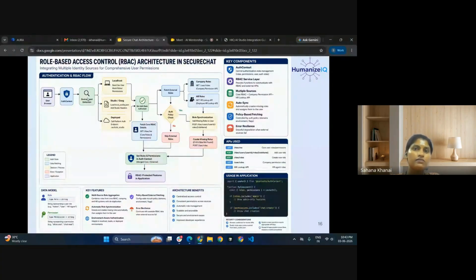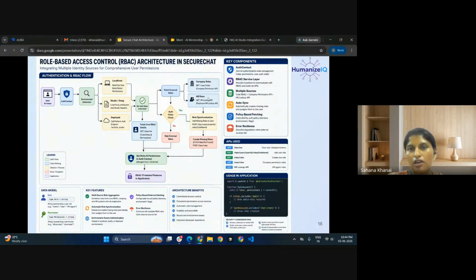With those API endpoints, we need to update our user management database also, to update their roles into our system. So for that, we are calling the Humanize API, where we have the company permission API with an endpoint called user roles endpoint. This is going to give, for all the authorized users, which role they belong to. That role will be returned by this API endpoint.